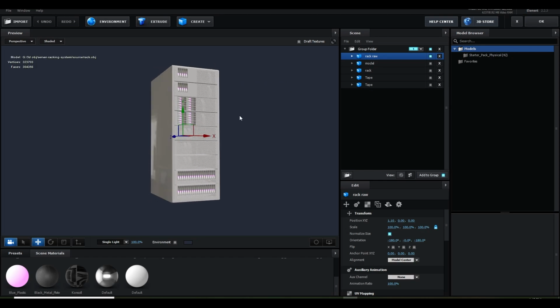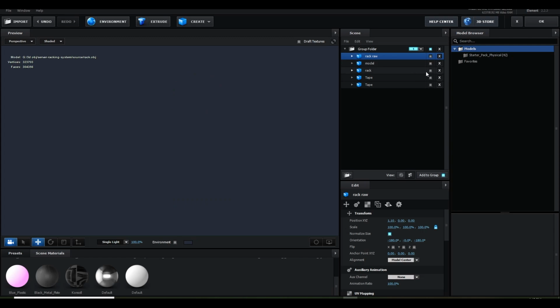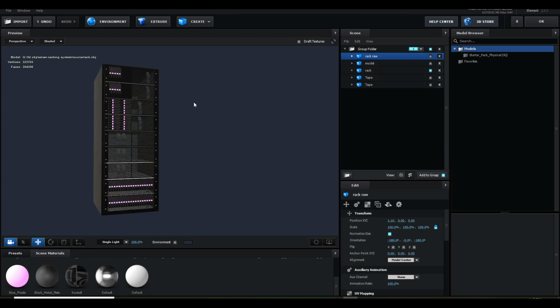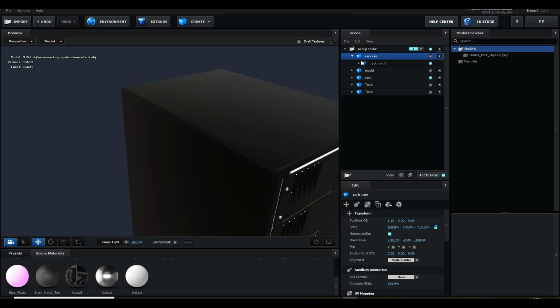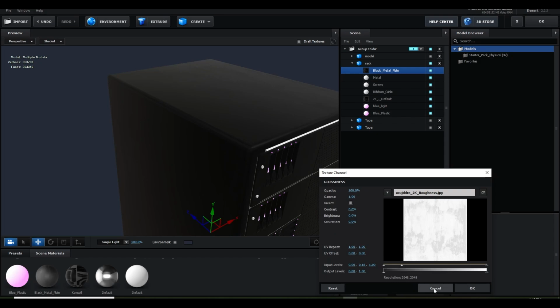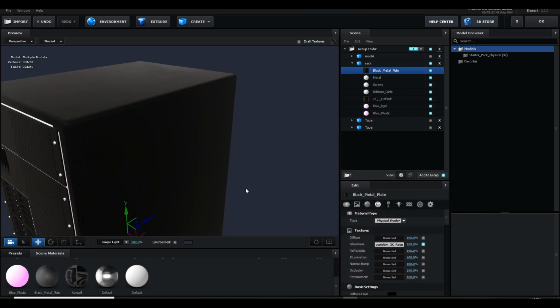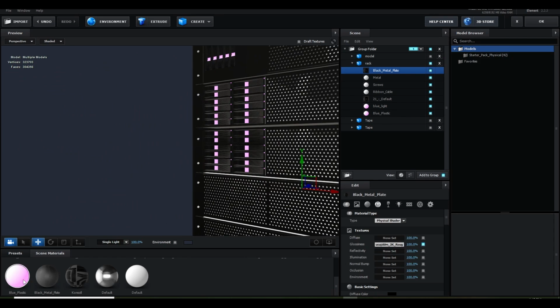So this is the model which I downloaded and then imported inside Blender and converted from FBX to OBJ. So let me open the one which I did after some texturing. I just applied a simple texture. Let me select the material. You can see I am using some custom textures for the glossiness map, and